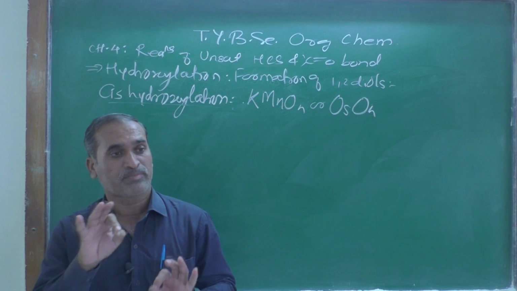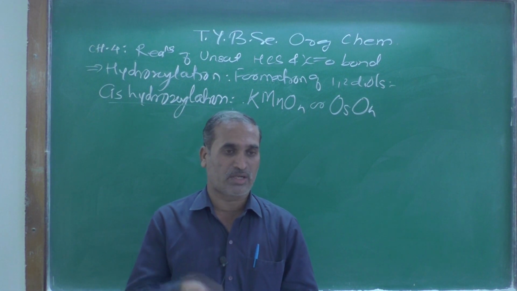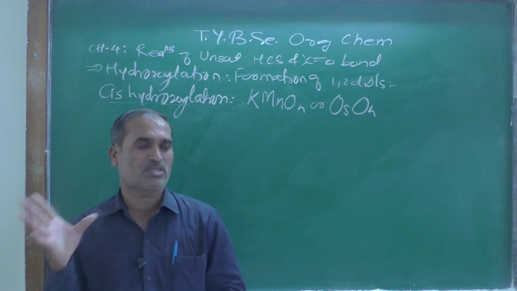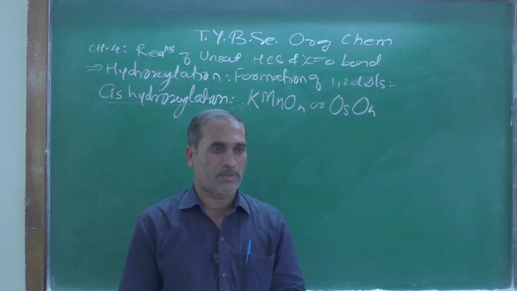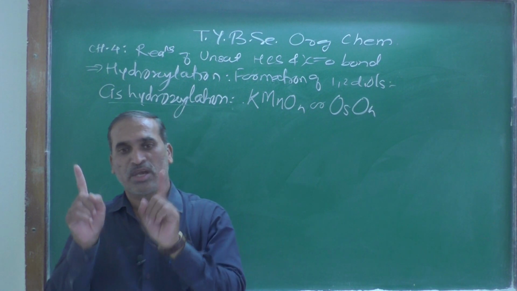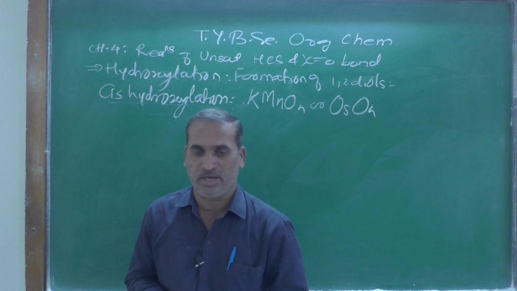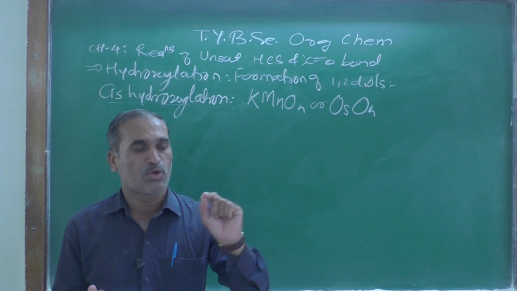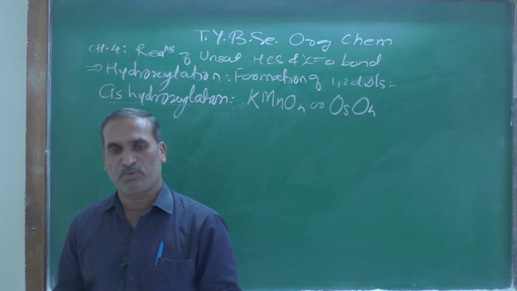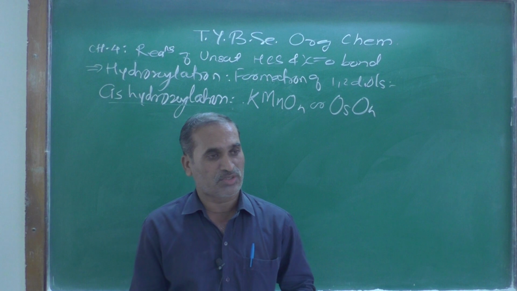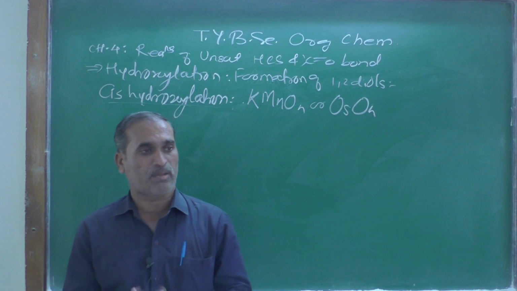As we know, aromatic compounds, even though they contain carbon-carbon double bonds, are not unsaturated in that sense. Remember, the characteristic of unsaturated open-chain or cyclic compounds is that they undergo addition reactions. But aromatic compounds, even though they contain carbon-carbon double bonds, do not undergo addition reactions. Benzene, for example, does not undergo addition reaction. Why? Because benzene is very stable.